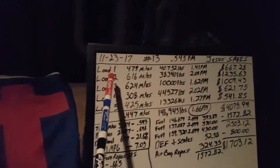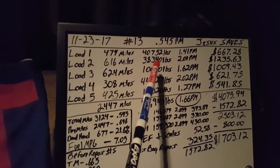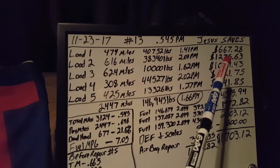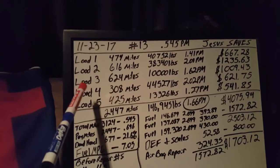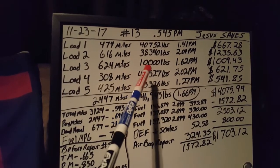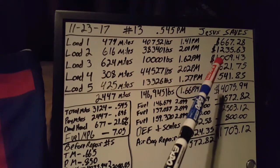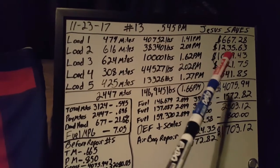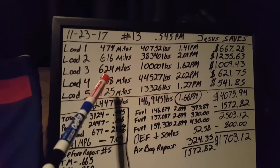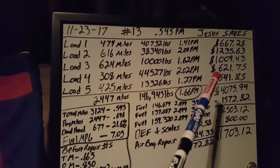Load number 1, 474 miles, 40,752 pounds, $1.41 per mile, $667.28. Load number 2, 616 miles, 38,340 pounds, $2.01 per mile. It's $1,235.63. Good load. Load 3, 624 miles, 10,000 pounds, $1.62 per mile,